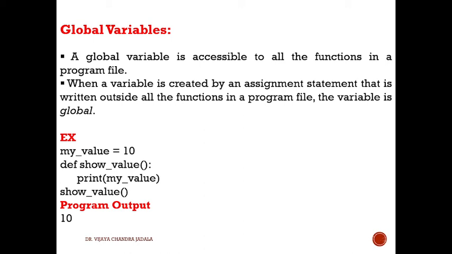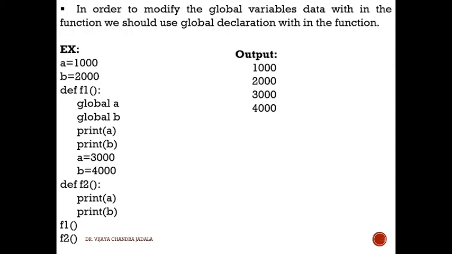A global variable is accessible to all the functions in a program file. When a variable is created by an assignment statement that is written outside all the functions in a program, the variable is called global. So before all the functions, outside, the global variable declaration will be done. An example is shown here. In order to modify the global variable's data within a function, we should use